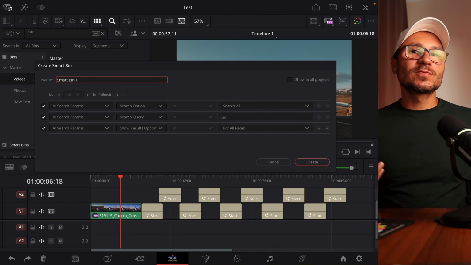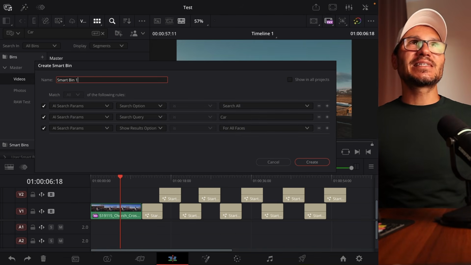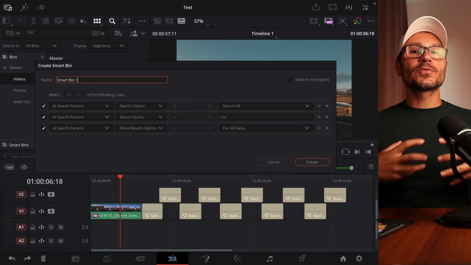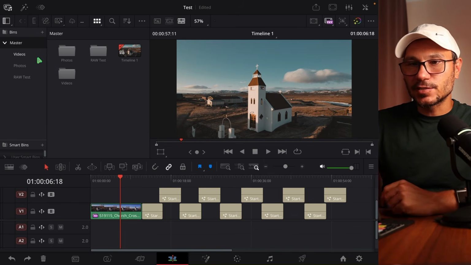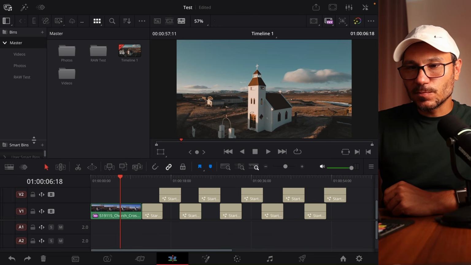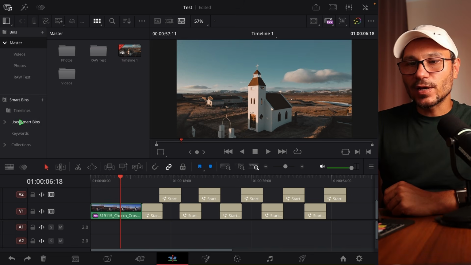A smart bin in DaVinci Resolve was already there. A smart bin is basically a filter. You can filter through your stuff. Before I show you, this is when you come to this here in the edit page, this can be open all the time. Here are the smart bins. And when you click these smart bins and make this here bigger, you have different ways of smart bins you